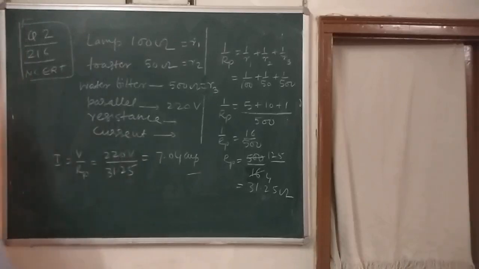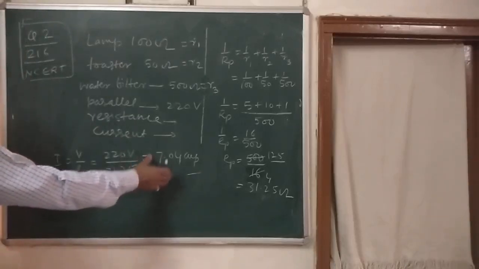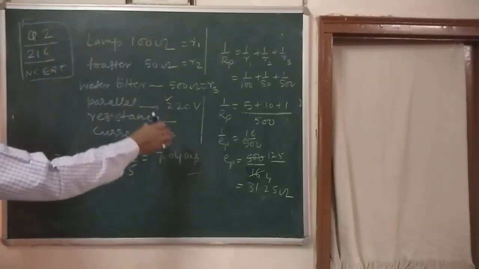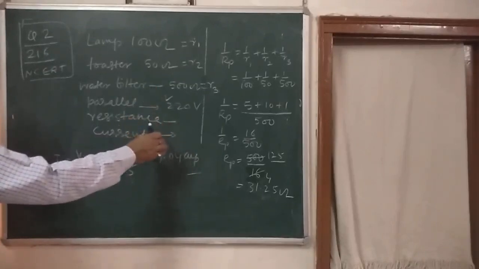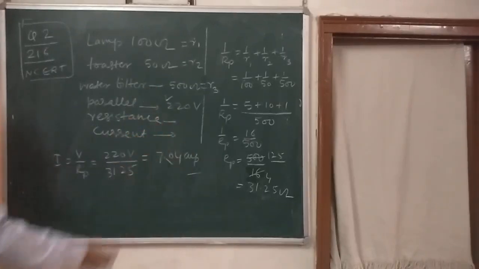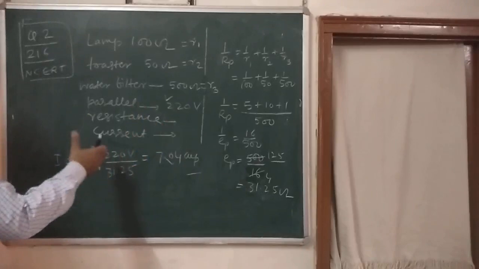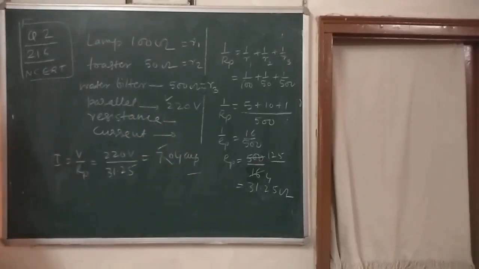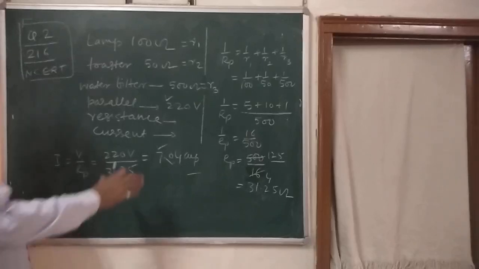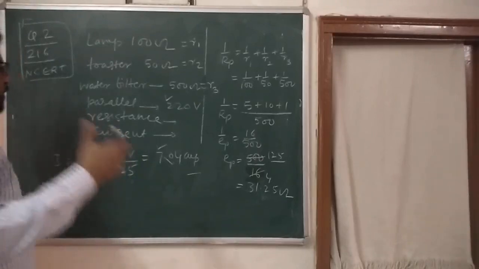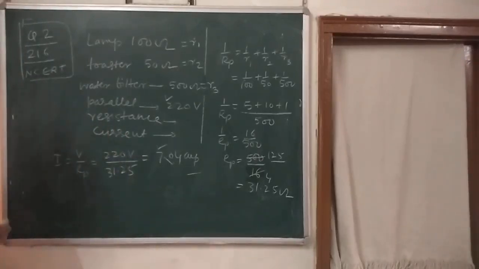What we are getting here? Since the electric iron connected to the same source of 220 volt takes as much current as taken by all the three appliances, that is I, and equal to the resistance, that is 31.25 ohm, and current through the electric iron would be the same, that is 7.04 ampere. So no difference at all. Is it clear? So this is our question number 2 that we have solved. Any problem? You practice it again and again. As much as numerical you will do, your confidence will build up.